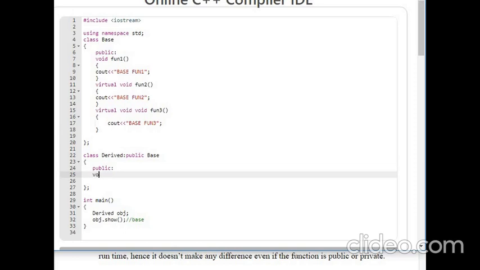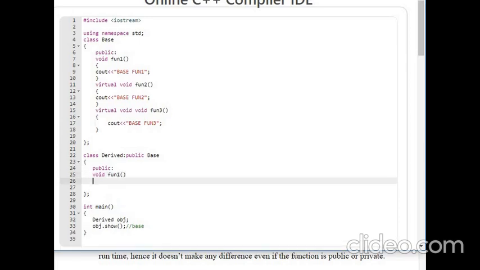The derived class also contains the same function fun. It shows its own derived function message. I'm enclosing these brackets here so it will not create any confusion, because there will be multiple lines in that case. Function 2 will be there.